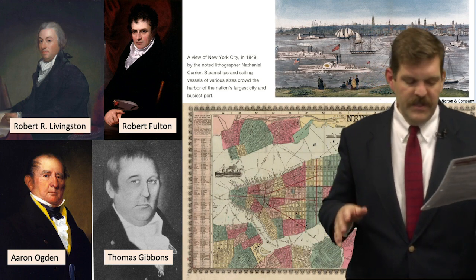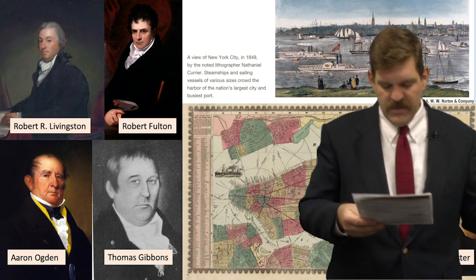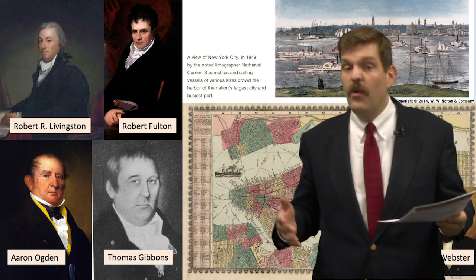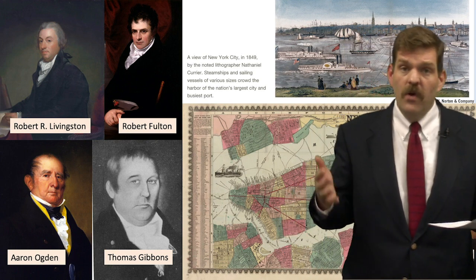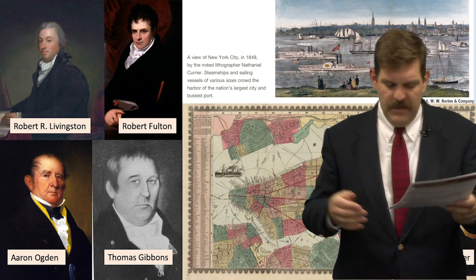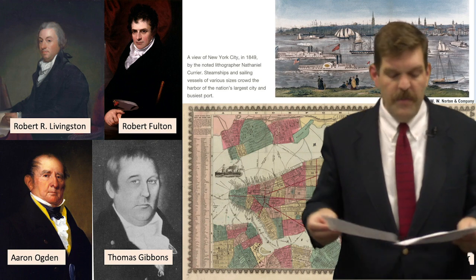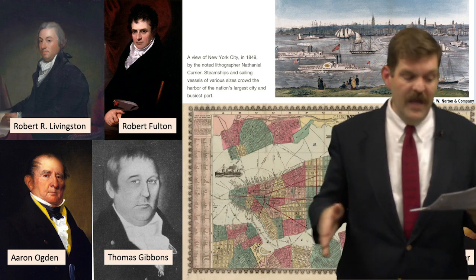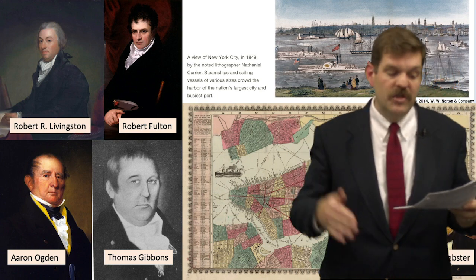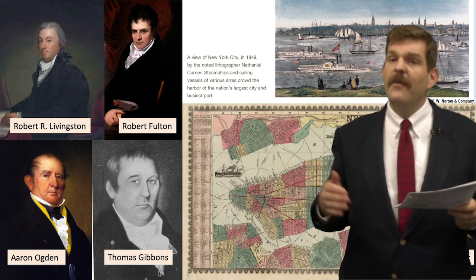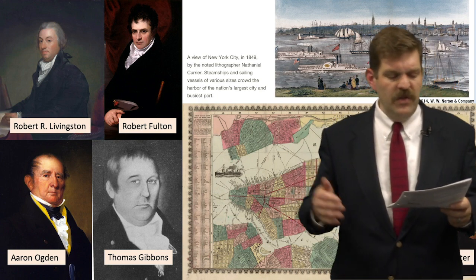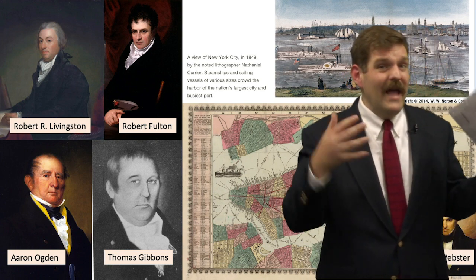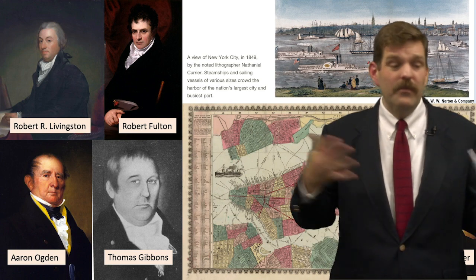Livingston and Fulton subsequently petitioned other states and other territorial legislatures for similar monopolies. They hoped to develop a national network of steamboat lines, but really only the New Orleans territory accepted their petition and awarded them a monopoly on the lower part of the Mississippi. Aware of the potential of this new steamboat navigation, though, competitors began challenging Livingston and Fulton. They argued that the commerce power of the federal government was exclusive and superseded state laws, basically saying that these guys weren't allowed a monopoly anywhere in New York or anywhere else.